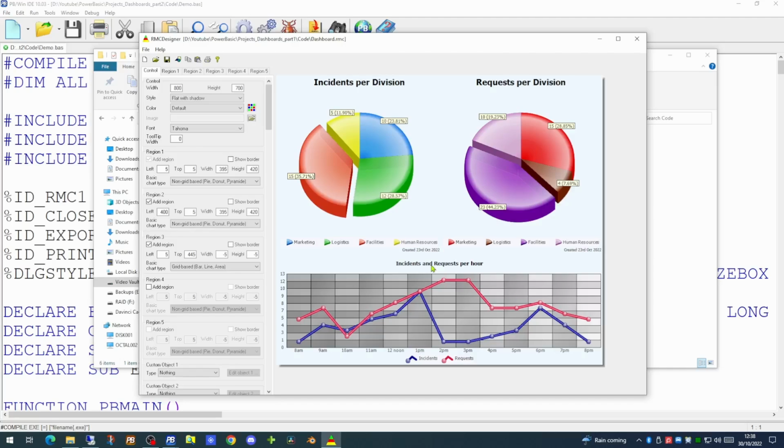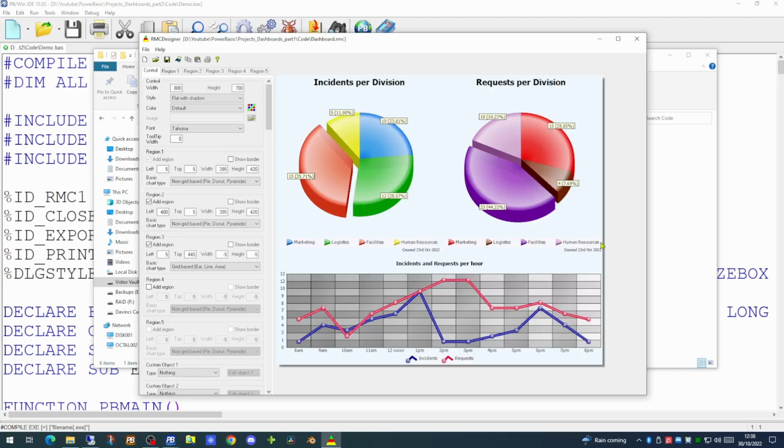The chart designer is very useful in that it can be used to prototype a chart or charts in your dashboard. You can then show them to the users and agree on what the dashboard is going to be looking like. Say for example our users came back with some feedback to say that the legend below the pie chart was a little close to the legend of the other pie chart.